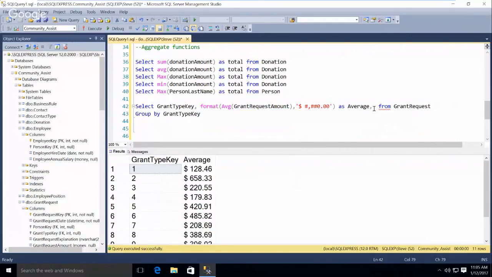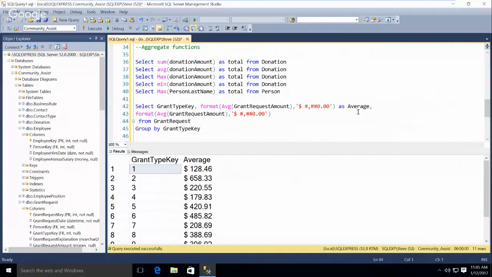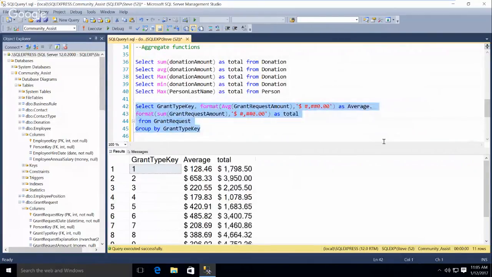And I'm going to just total, and we'll just change the name. We have the total and we have the average together there.